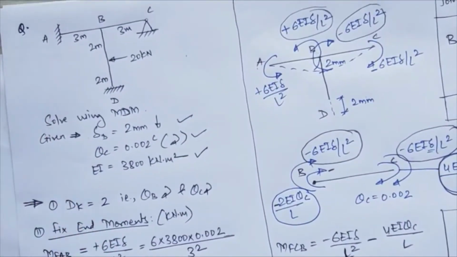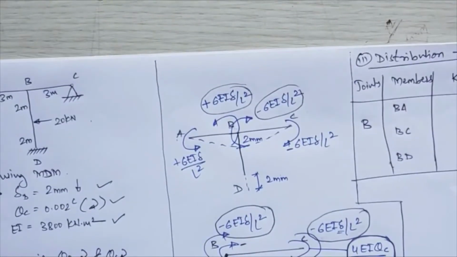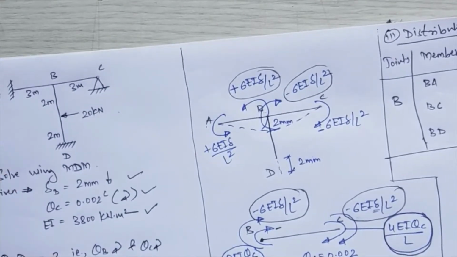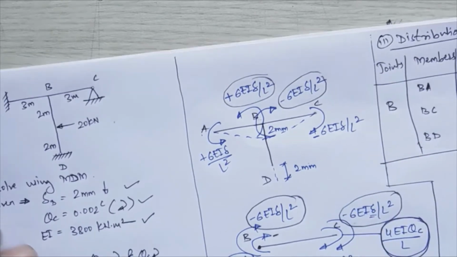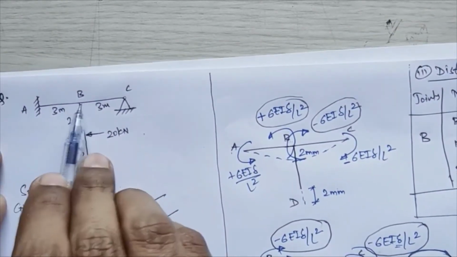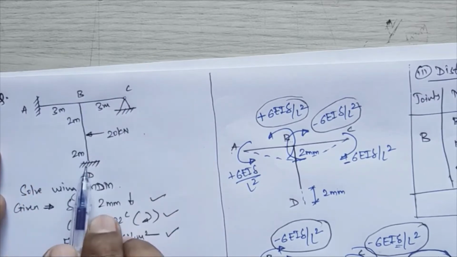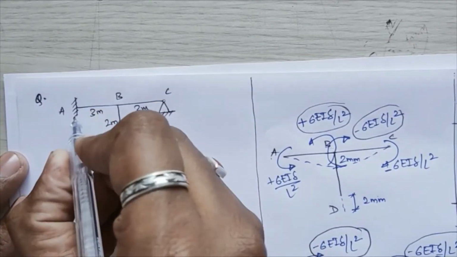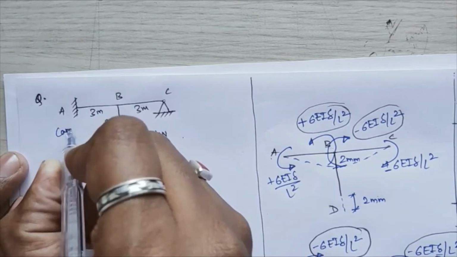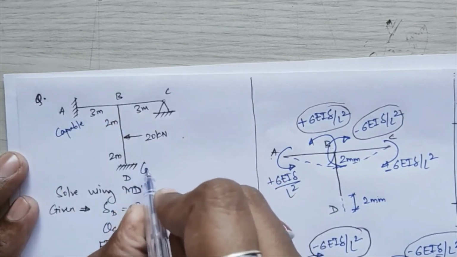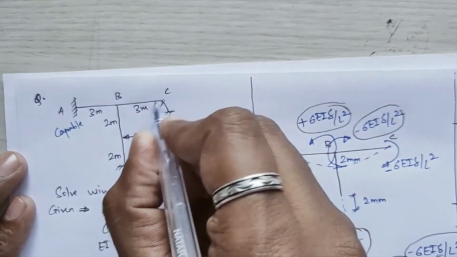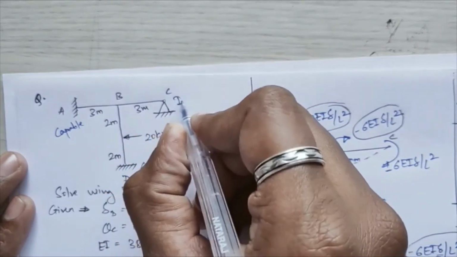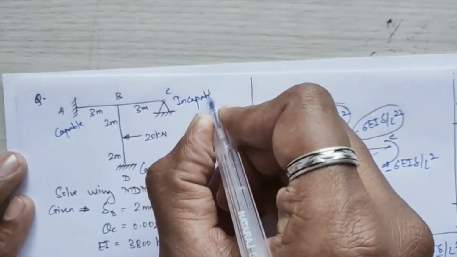Right, now we will see the type of supports, that is for relative stiffness, whether your supports are capable or incapable of taking bending moment. So from B, moment will be transferred to A, to C joint, and to D joint. A is a fixed support, so that will be treated as a capable support. Again D is also a fixed support, so that will also be treated as a capable support. Whereas C is an end hinge support, so this will be treated as an incapable support. That is, bending moment at this joint will come equal to 0.